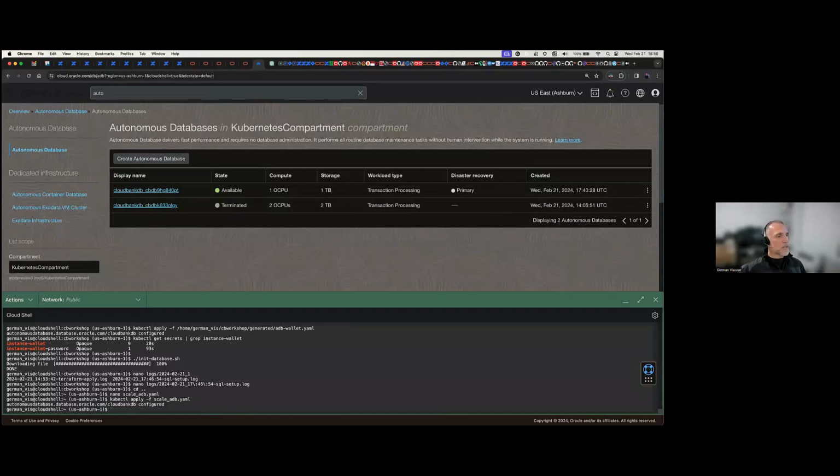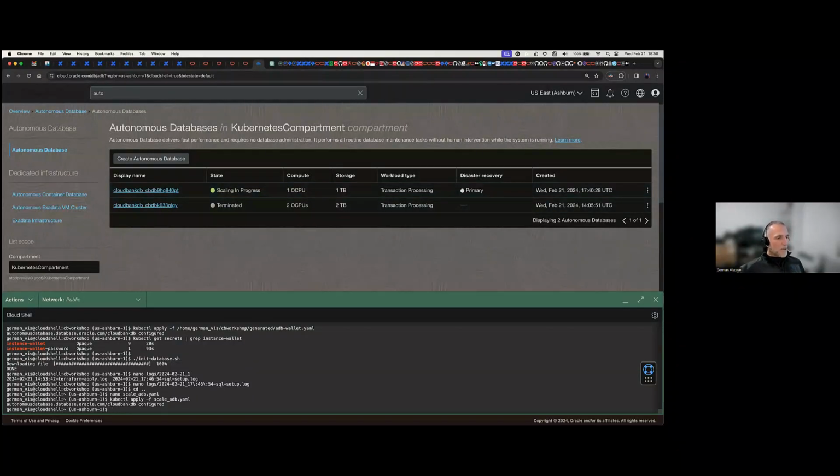Okay, so it says configured. As you can see, we just immediately saw scaling in progress here. So it was automatic. We did this scaling via YAML. Things started to scale. And now, if this goes okay, we will see 2 OCPUs, 2 terabytes, right?